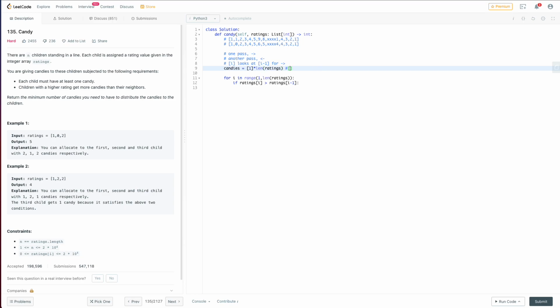I wonder, I'm trying to learn the syntax, like can I do also like 1 for in range length ratings? Is this equivalent? I'll probably try that later on my own time. If this is bigger than that, then it must be